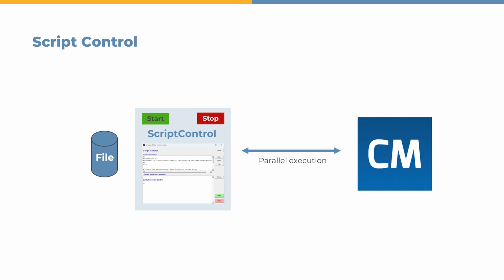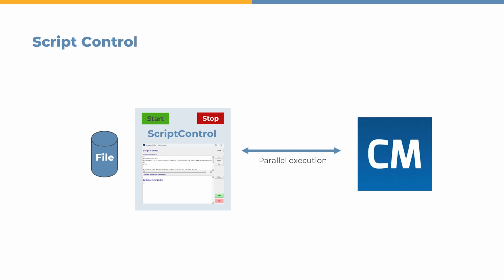Now let us look into one of the methods of test automation, script control. Script control and CarMaker are parallel executable processes, which means that using script control it is possible to observe and react to a simulation in CarMaker. From the perspective of script control, the user can start a simulation, pause the simulation, and then even load multiple variables and parameters into the simulation, and restart a new simulation as well. It is also possible to start multiple simulations simultaneously.